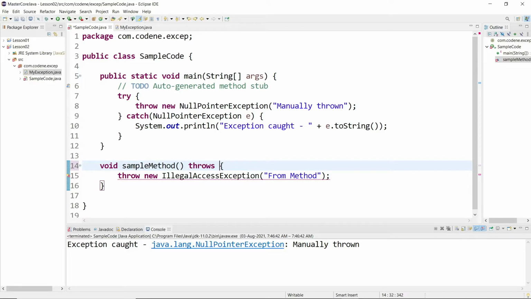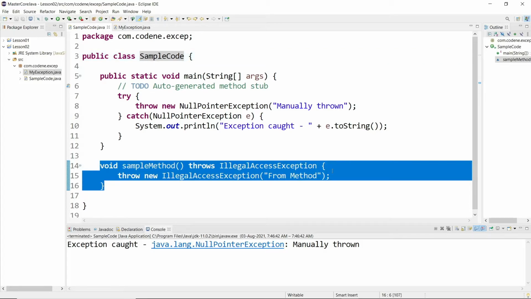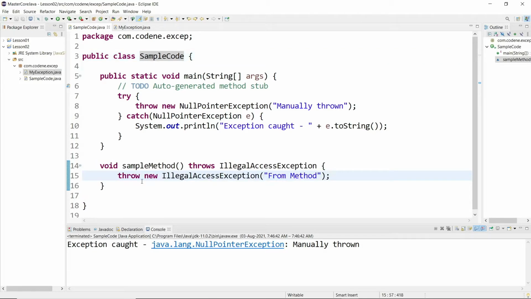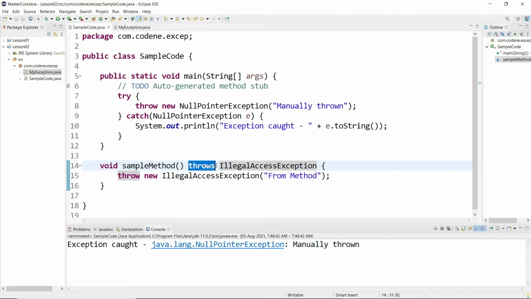Okay, so what I will do, I will write throws, and then I will say that our method will be throwing IllegalAccessException. So what this tells is that whenever another programmer wants to extend this, that means inherit this code or use the method in this class, he will be aware that the method he is using or inheriting will be throwing one exception. So the use of this throws keyword is nothing but just to tell the future user, future programmer, that the method has a potential to throw an exception.